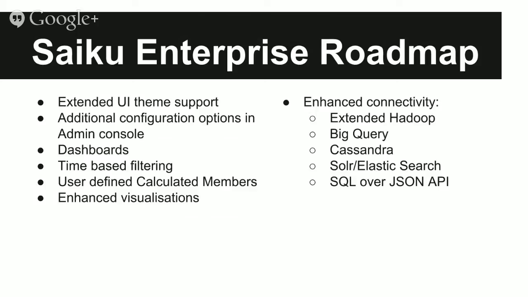with user-defined calculated members. They're closely linked, and it's something people have been asking for a long time: the ability to define calculated members in the user interface instead of just in the schema. And month-to-date, year-to-date type filtering for time-based dimensions. Once that's in place, it will pave the way to dashboards, because dashboards are normally time-based in some respect. And if you have a dashboard where you have to set the date every time you go into it, it's a bit silly. So time-based filtering paves the way for dashboards, so that will be coming pretty